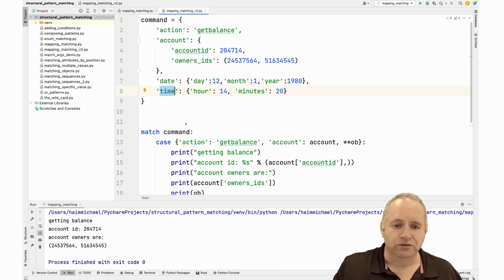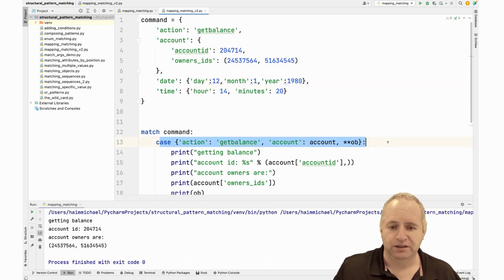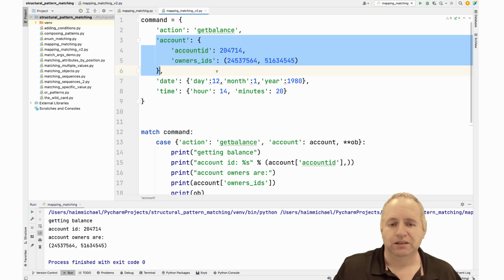Now, trying to match command with the first case uses a structural pattern with 2 key value pairs. Then when dealing with the key action, we can see that over here we have a match. When dealing with the key account, then the value over here is a new variable, so this key value